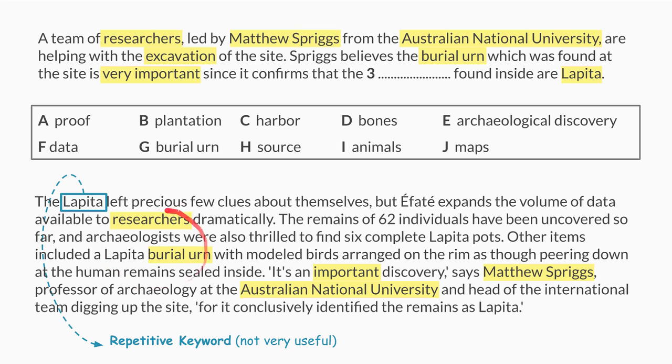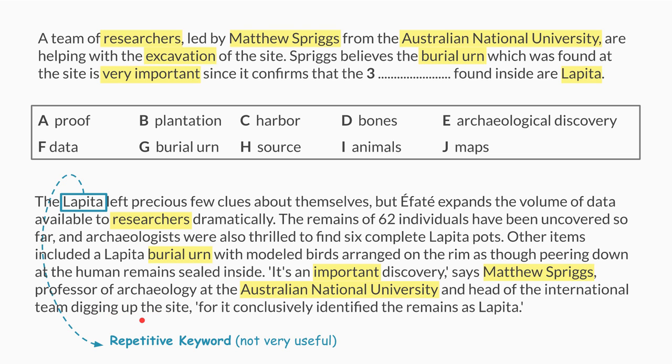Alright, now here are the other keywords from the question. So we have researchers over here, burial urn right here, important discovery mentions that over here, and we already have our proper nouns. Great. So those are the keywords. We know we have located the right paragraph, but I'm especially going to be paying attention to this portion down here because that is where our main keywords appear down here. When I scan around this area, I also see that there's a term over here, digging up,